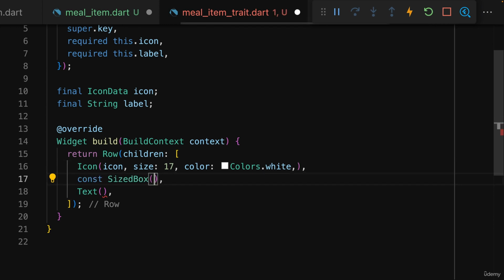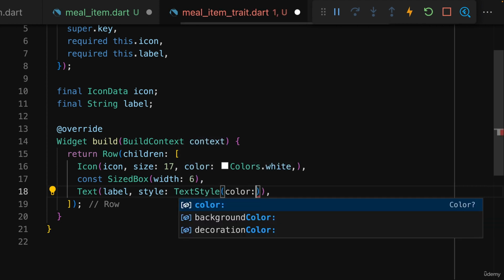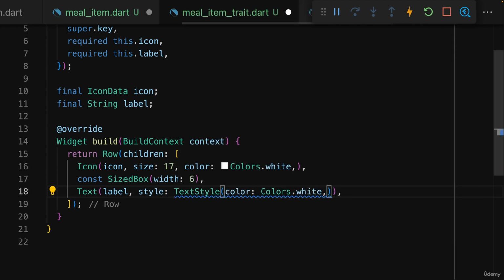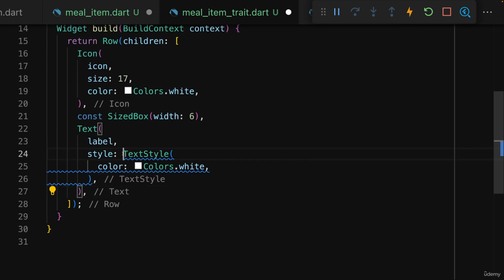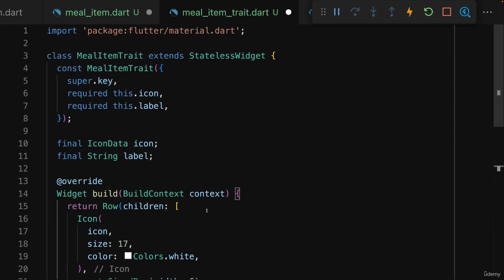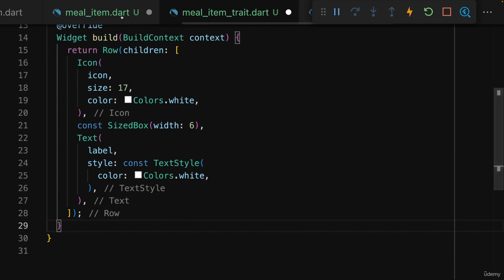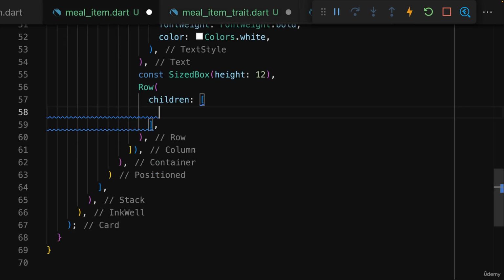Now for the SizedBox, I simply want to have some width between icon and text, so some spacing, and I'll set this to a width of 6. And for the Text, this of course should output the label, but here I'll then also add some styling, some TextStyle, where I simply want to ensure that we always have some white text here, so that this label is always white. And this can be turned into a constant object here. And that's already all. This is my MealItemTrait widget, which I can now reuse inside of the MealItem Dart